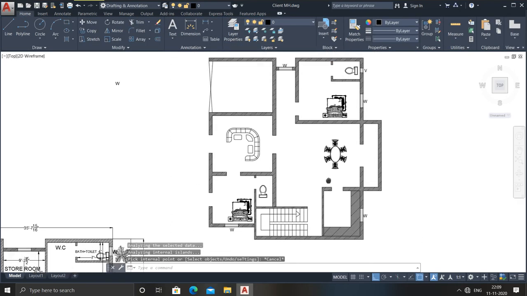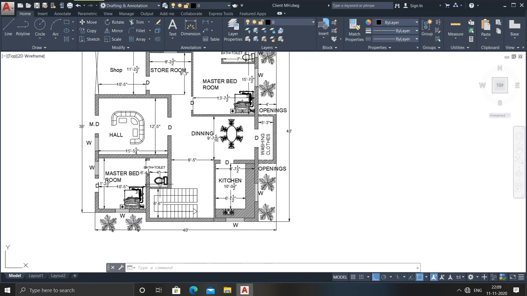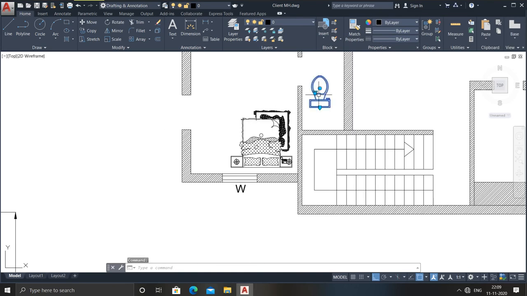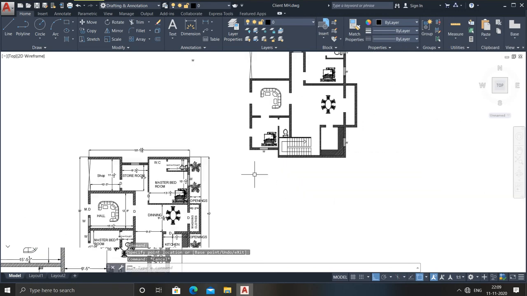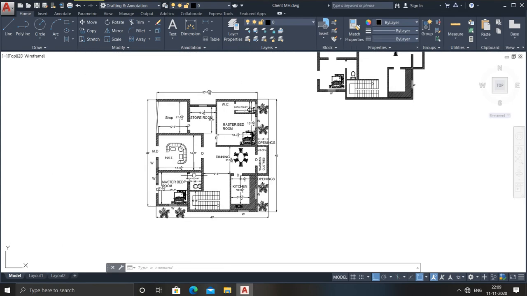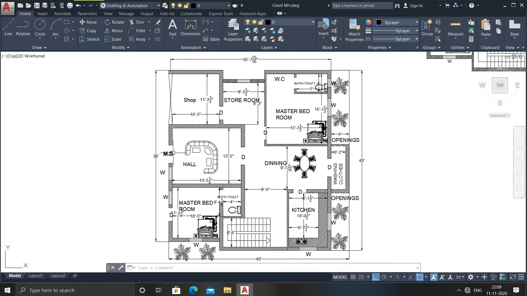Now I need to provide some of the specifications over here. This is my dining and the things is over here. You see I have done it here. Now I need to drag it, I will keep it here, skip it. After that, this is the thing which I have already mentioned to you. So here I need to provide it.